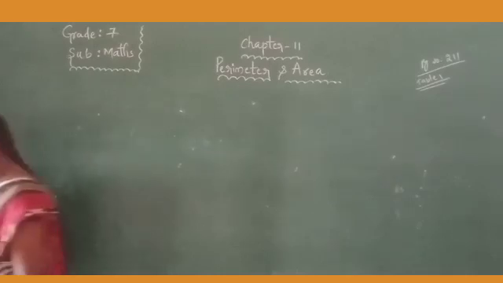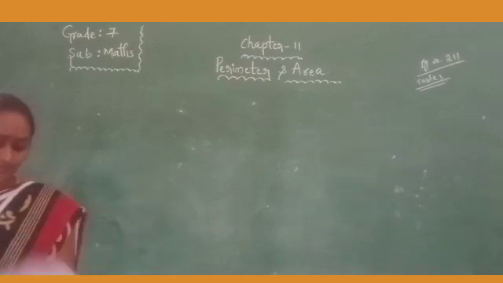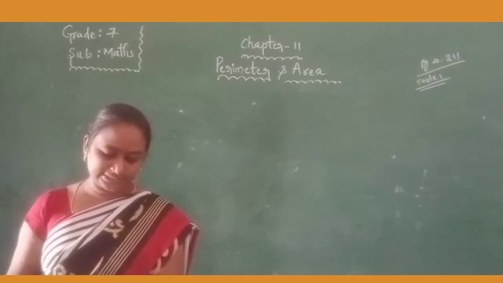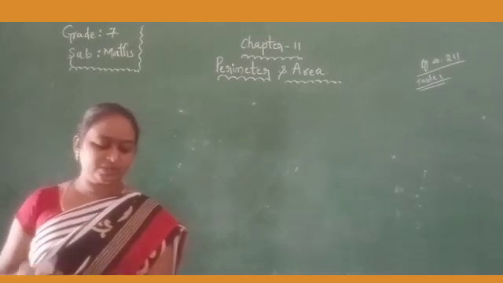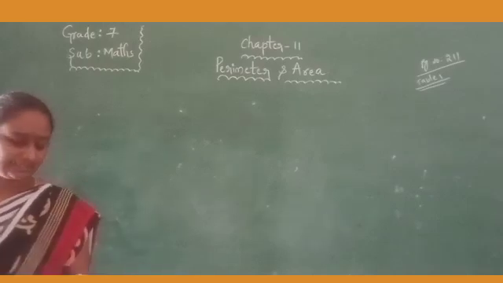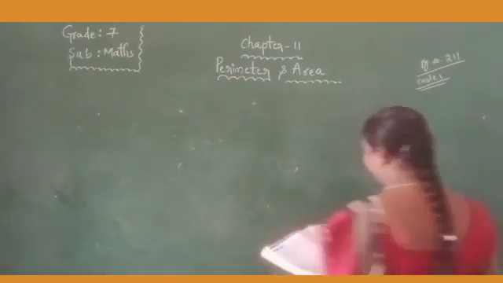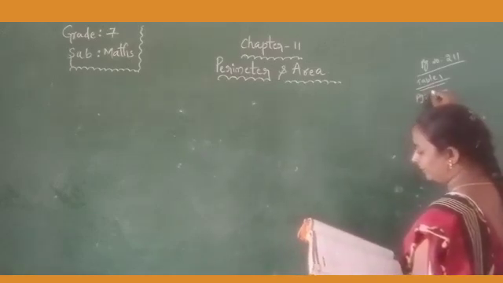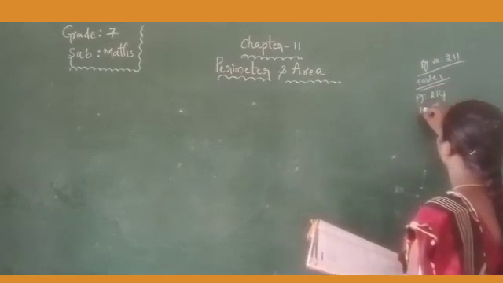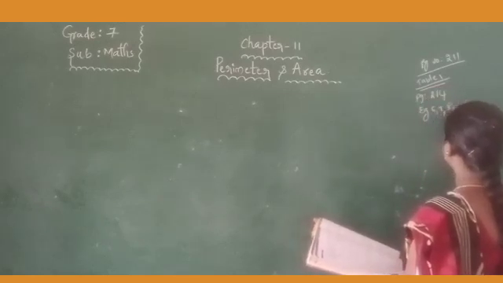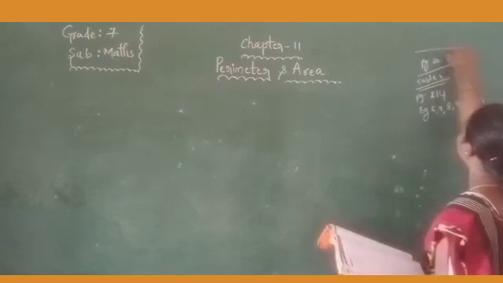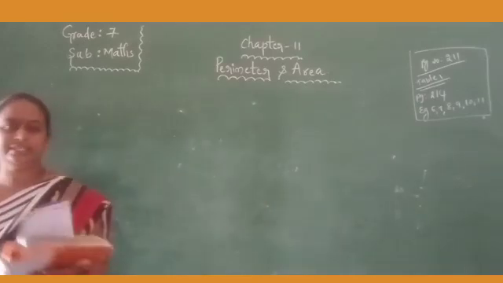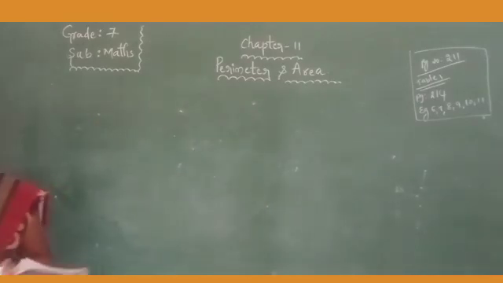Okay, students, next take your textbook. Here some example problems are there. Those are examples 6, 7, 8, 9, 10, 11. These all problems we have to practice. Okay, these all are based on the area of triangle and area of parallelogram. So in page number 214, solve examples 6, 7, 8, 9, 10, 11. These all problems you have to solve. Okay, right.